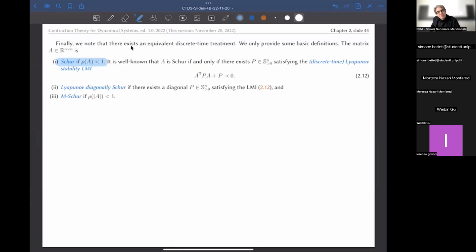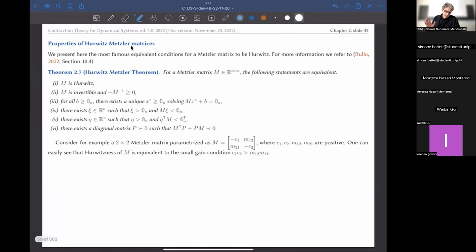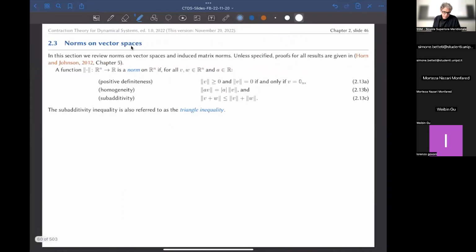That's why I sort of dislike Lyapunov diagonal stability, and I prefer Lyapunov diagonally Hurwitz in continuous time and Lyapunov diagonally Schur in discrete time. However, to be honest, in the literature, most people just talk about the continuous time problem and use the language Lyapunov diagonally stable, LDS. All right, fine, it doesn't matter. This is the Metzler theorem. We already talked about it today, and that was the first section. So now,